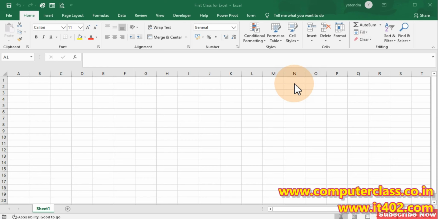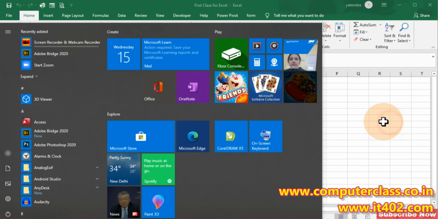Now this is the interface of Microsoft Excel. First we will interact with the interface, and after that we will move on to the working of Excel. The first area which I am going to select is called the title bar. In this area you can easily identify the file name.